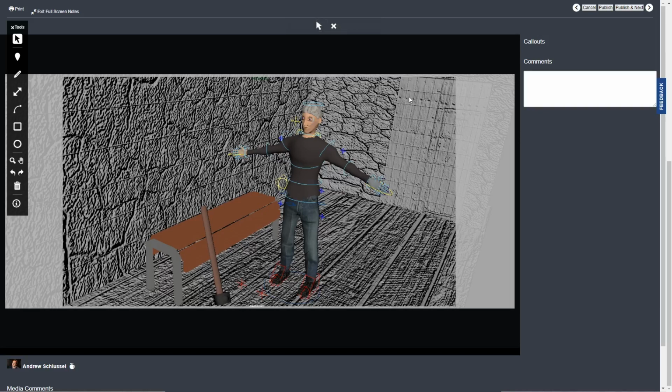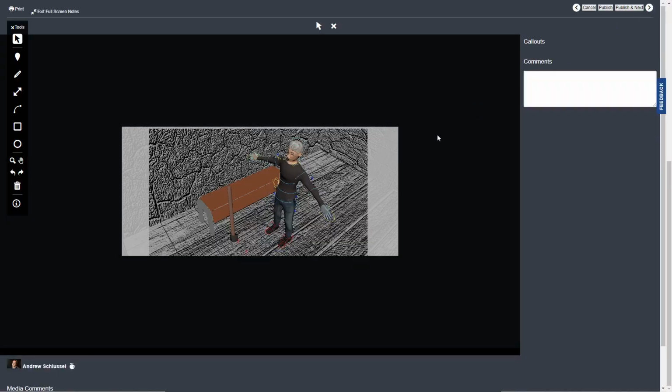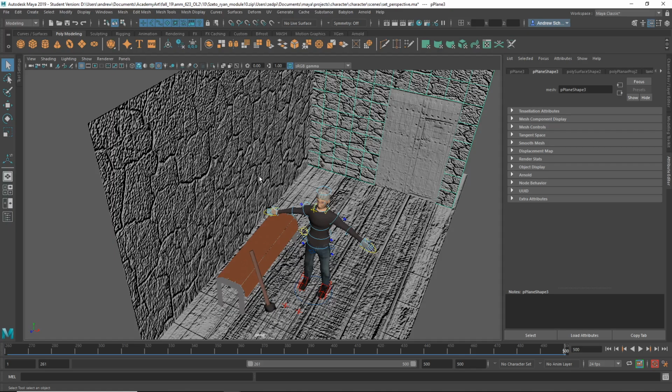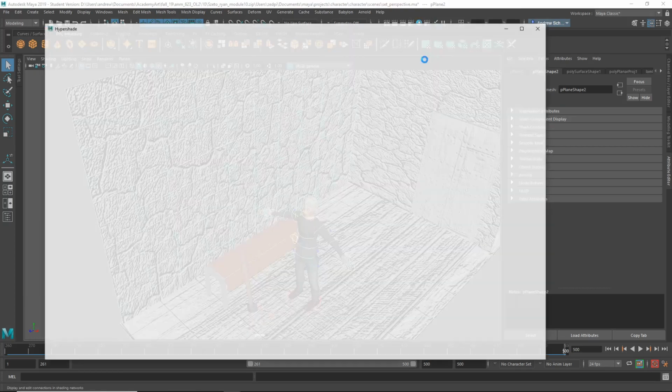It sort of looks like you have a bump map and not a color map on the surfaces. We'll take a look in Maya and see if we can figure out what's going on. These are all about the same. Let's take a look at one of these shaders. I'm going to open up the Hypershade there